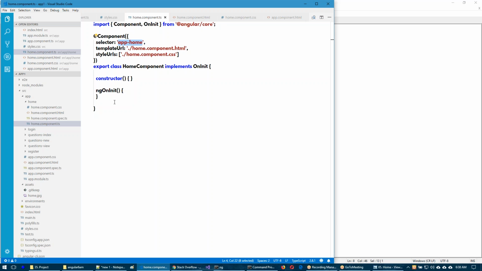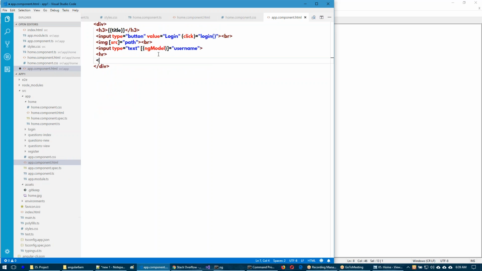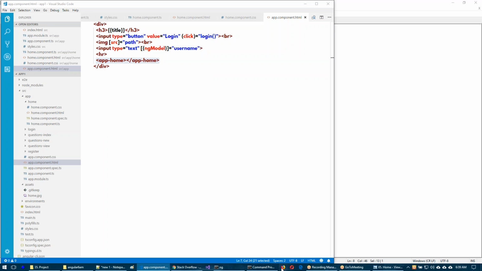Now we have to mention the same in the app.component.html file. So app-home. That's it. This will invoke the home component. In other words, we are deciding the place where exactly the home component should appear. So check the output parallelly.